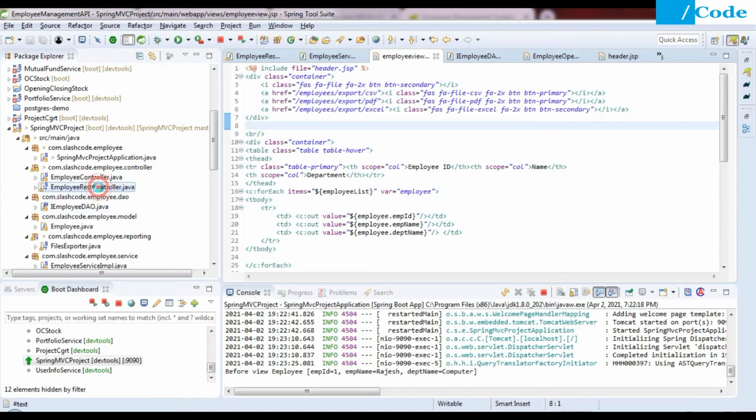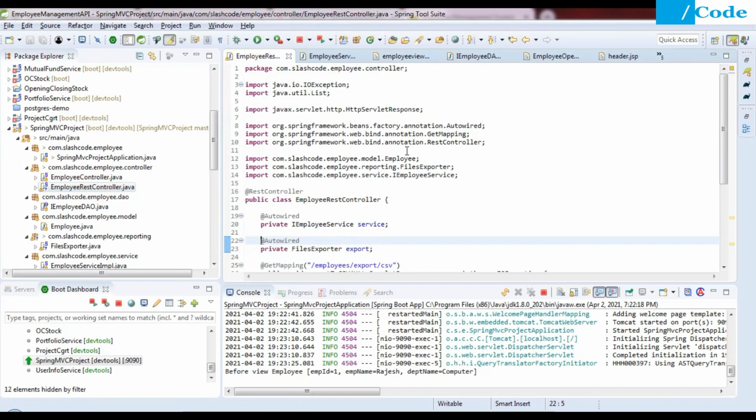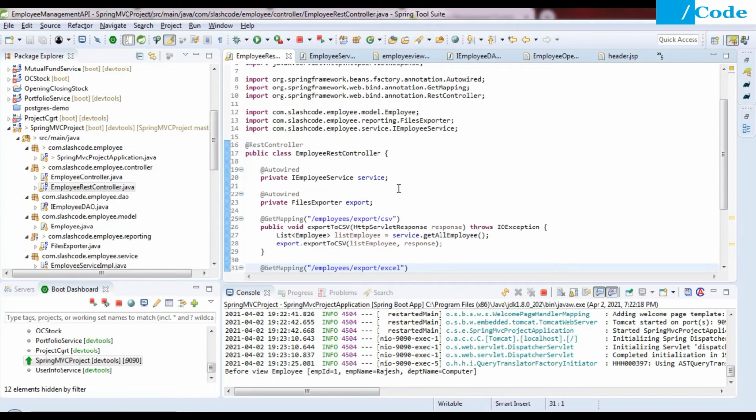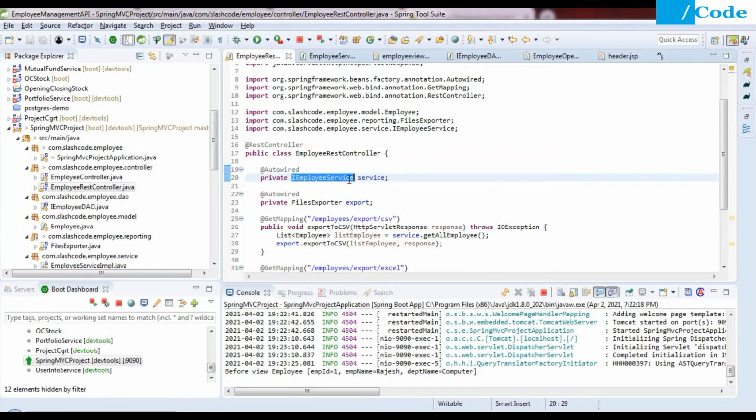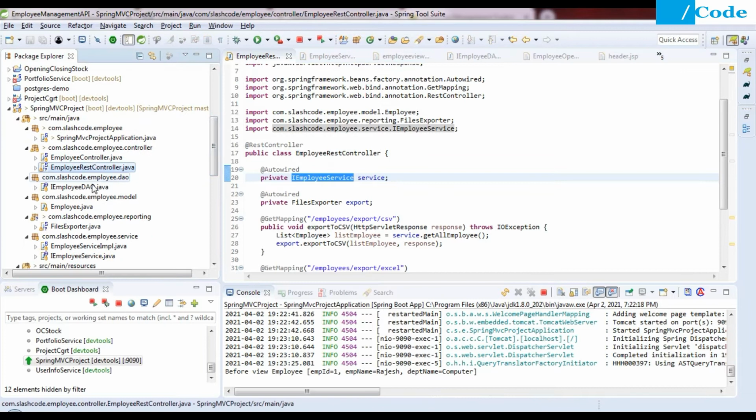So I have created another controller, employee rest controller. Inside that we are going to handle the rest controller only. So to get all the required details from the database, I have to create the reference of my service class, and the service class is interacting with my DAO class. So this is the DAO class, and this is the service interface, and here is the implementation.